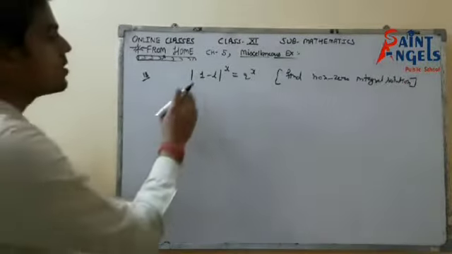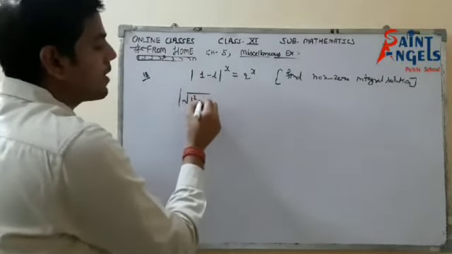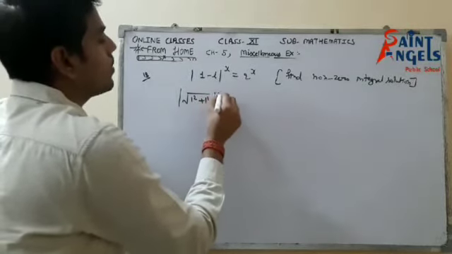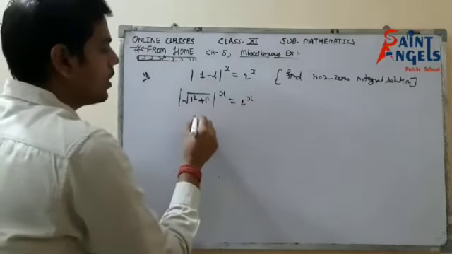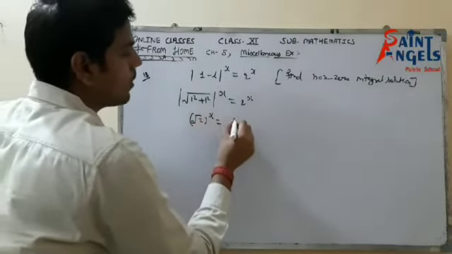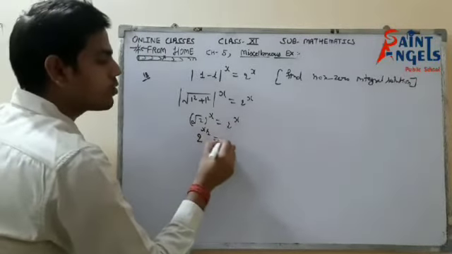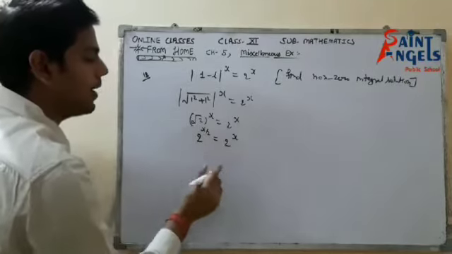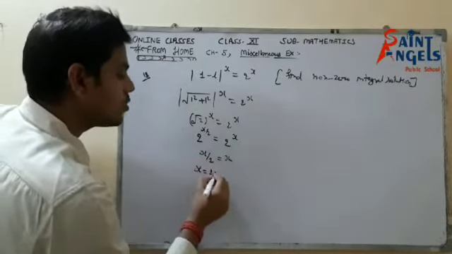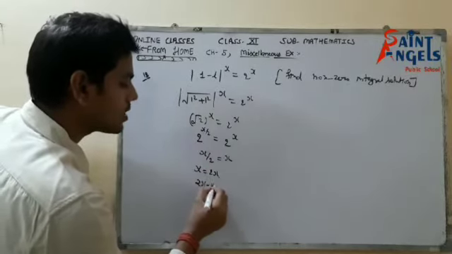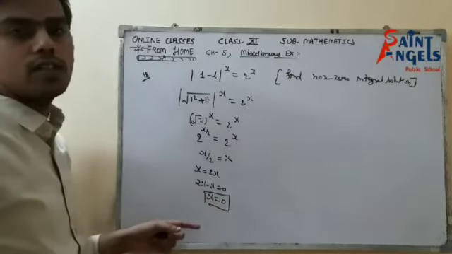Okay, so now, it's the magnitude of this number, so it would be under root of 1 square plus minus 1 square, which means 1 square. The left side is under root of 1 plus 1, which is 2, so under root 2 to the power x equals 2 to the power x. Under root 2 is 2 to the power 1 upon 2. It means 2 to the power x upon 2 equals 2 raised to the power x. So on comparing, we get x upon 2 equals x. It means x equals 2x. It means 2x minus x equals 0. It means x equals 0. So the solution of this equation is x equals 0.